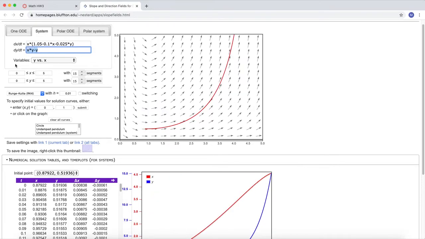And the Z prime equation will be located here where it says dy dt. And again, Z is y, times is the asterisk, and then you just go on and type it in just like that. Everywhere multiplication occurs, I have to use the asterisk, and W is X. And then I got it just like that. I'm just going to look over and double check, make sure I got it exactly right. And 0 to 5, sure, let's start with that.